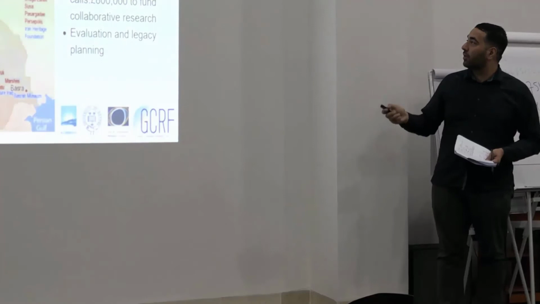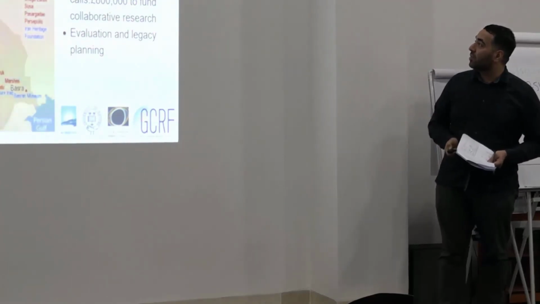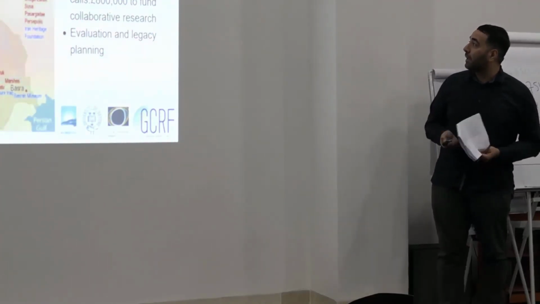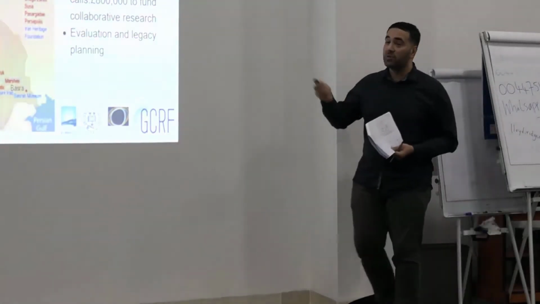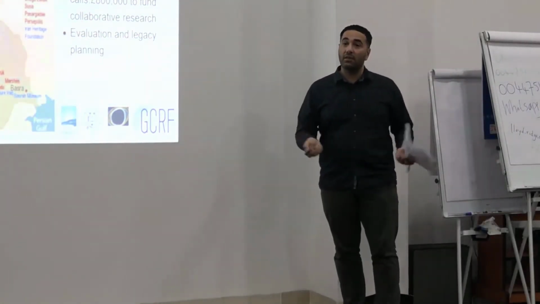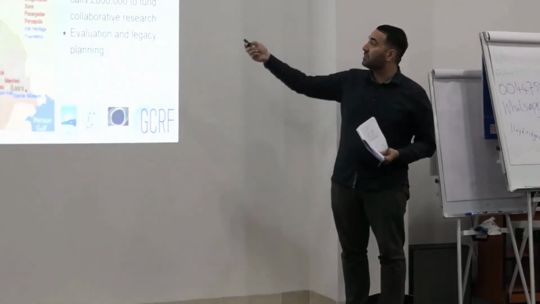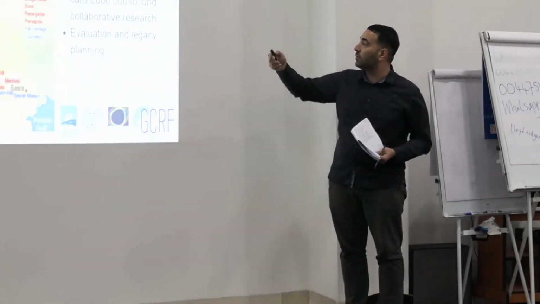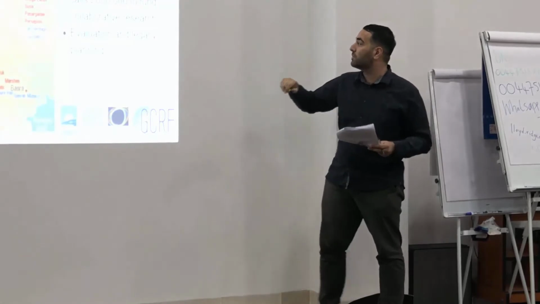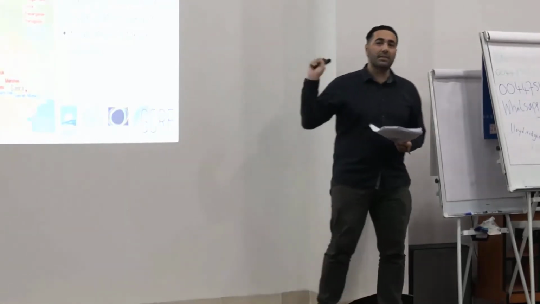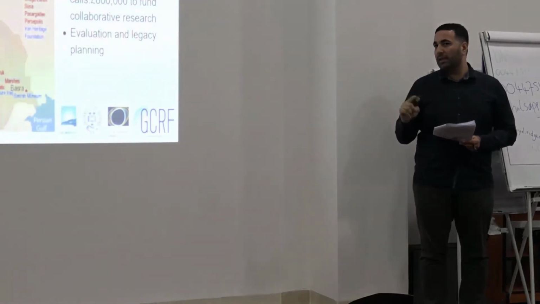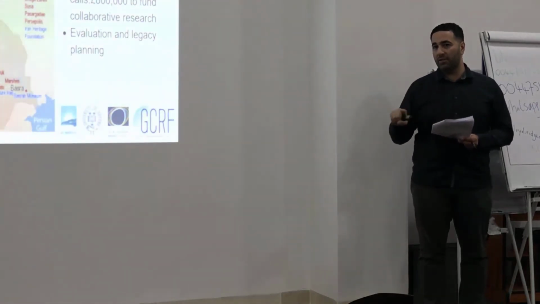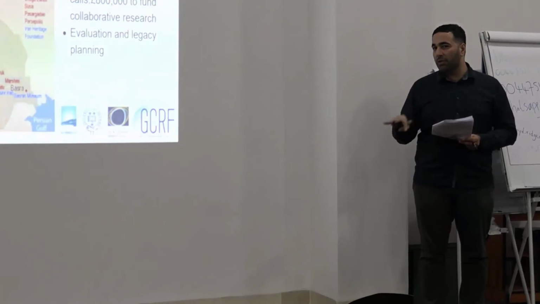So again, there are 3 strands. The first stage is scoping, capacity building, capability development, partnership. And then we have the funding, which I'll speak about, which is the grants that we have, which is £800,000 in total grants. These are the research grants, not the scholarships, and evaluation legacy. This is the kind of project, which is I think the first of its kind in Iraq and maybe internationally, that looks at development and heritage. And this is quite new.